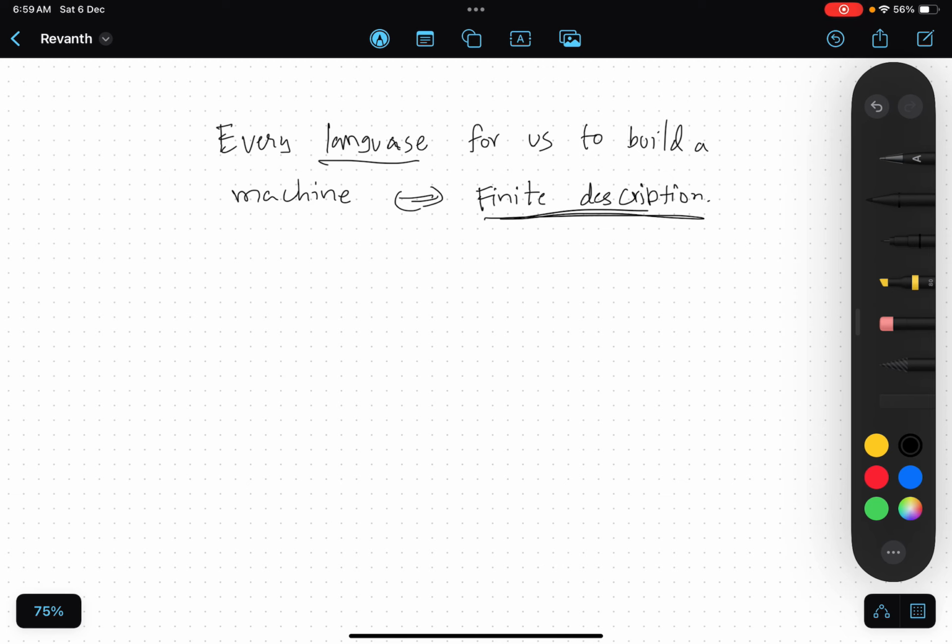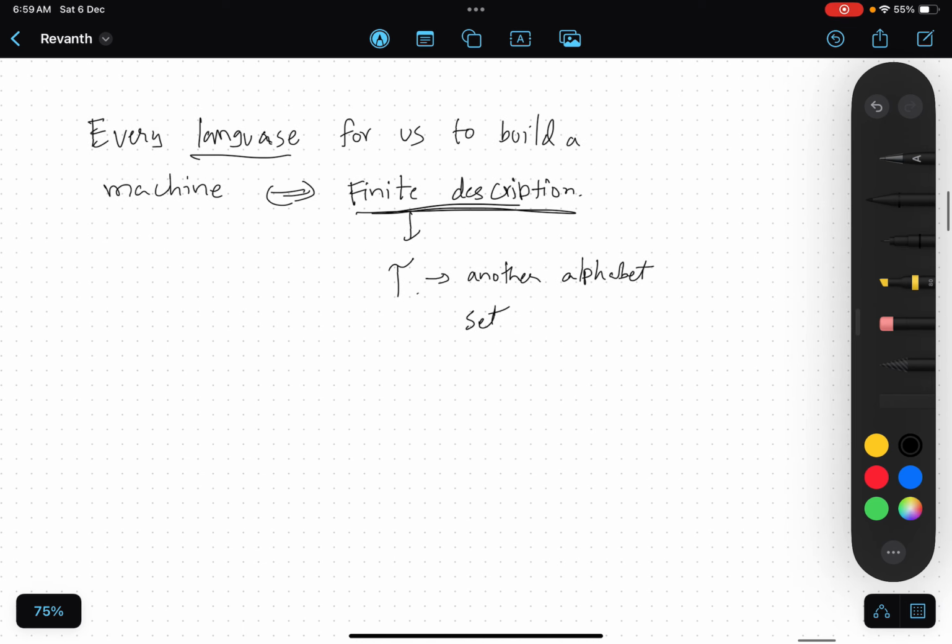So a description, again, is basically a string that is constructed from another alphabet, let's say tau. Okay, so another alphabet set we use to give descriptions.